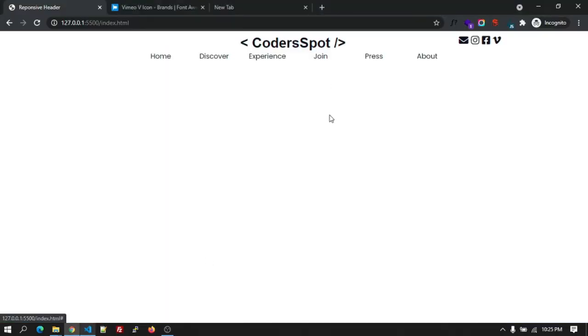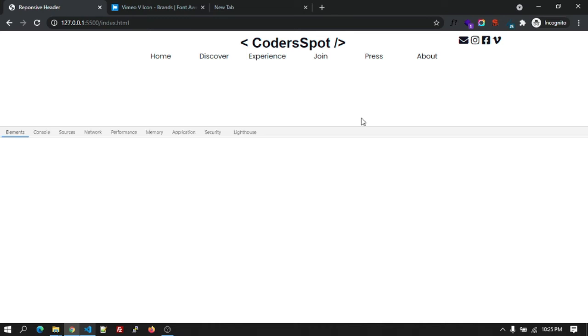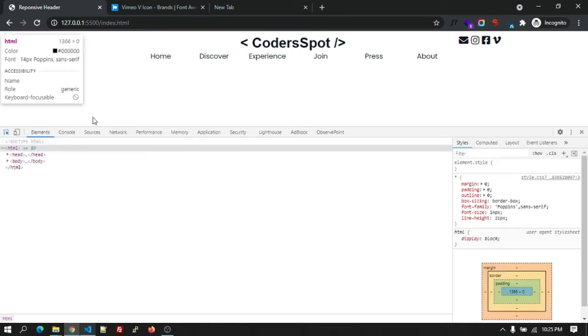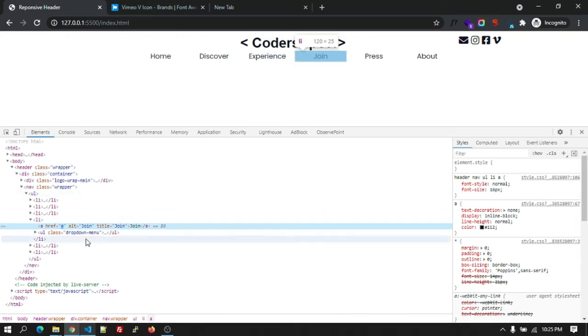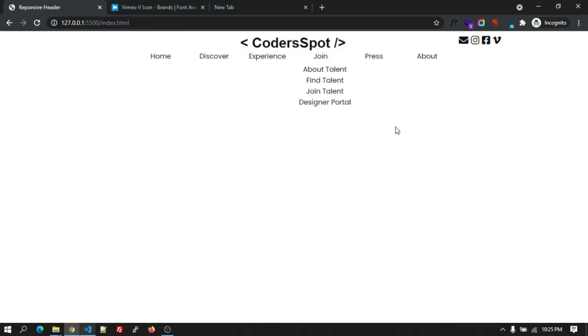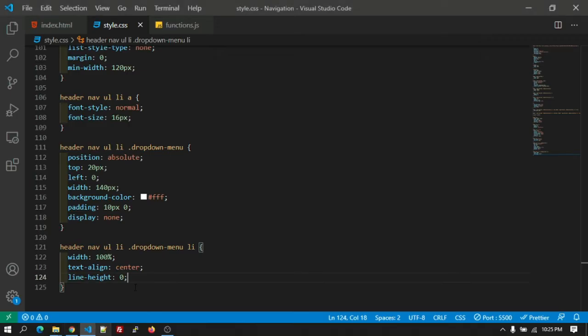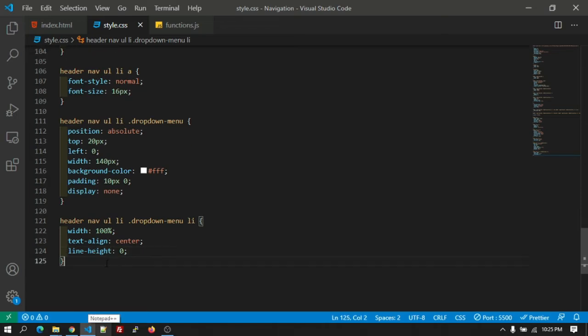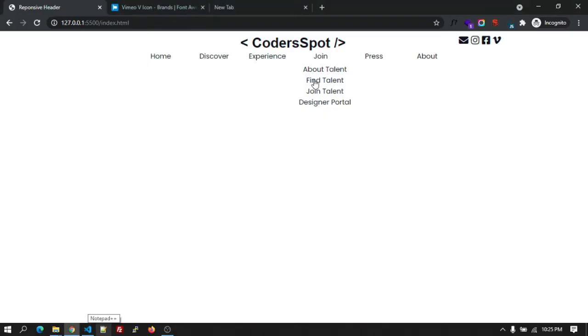Okay, if you click on it, you can see the CSS that is added to this. Let's make display none. If I remove the display none, this is how it is showing. Okay, let's add CSS. Once I go over on the join, this drop down menu should be shown.